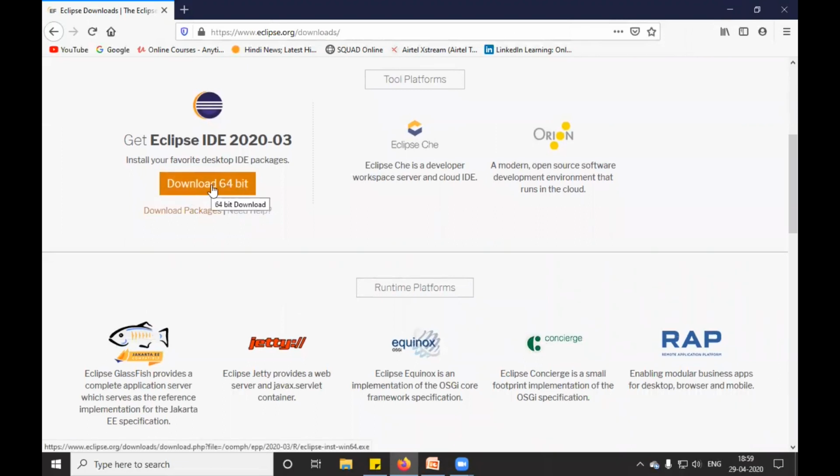My suggestion is not to download this. Okay, it will give the exe file. It will be in the KBs. And if you double click, it will download everything from the internet or cloud. And sometimes it fails to download everything, and it does not work as expected. So my suggestion is not to download this.